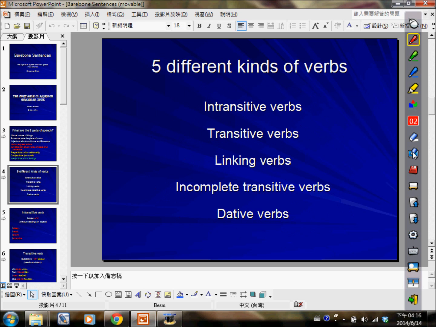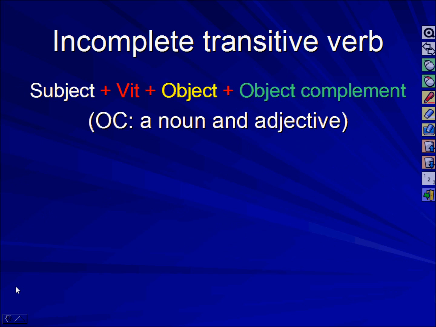So, let's take a look at incomplete transitive verbs. What does incomplete transitive verb mean? Now we know that transitive verbs are verbs that are followed by at least an object. Incomplete transitive verbs means the verb is not only followed by an object,